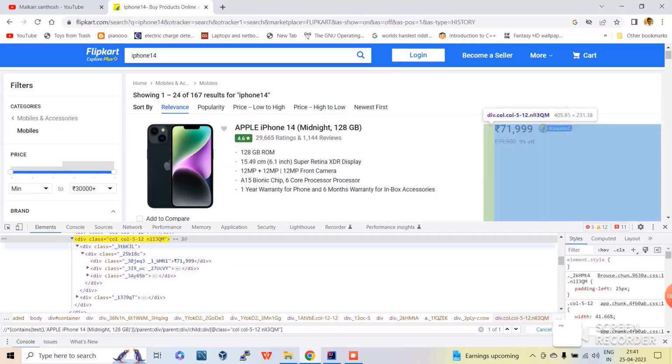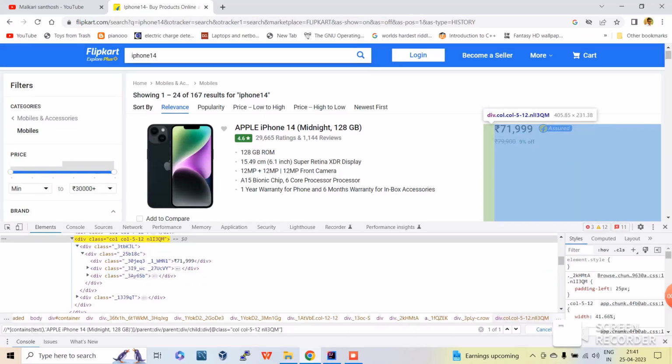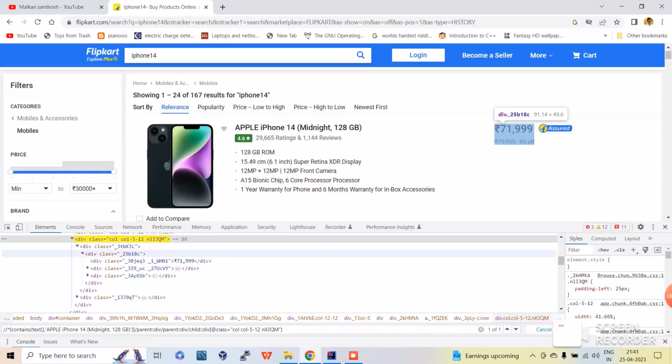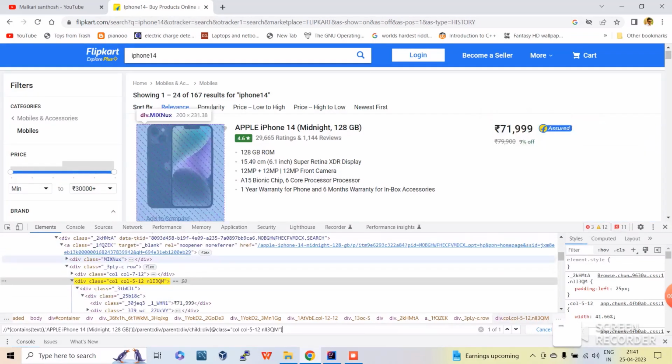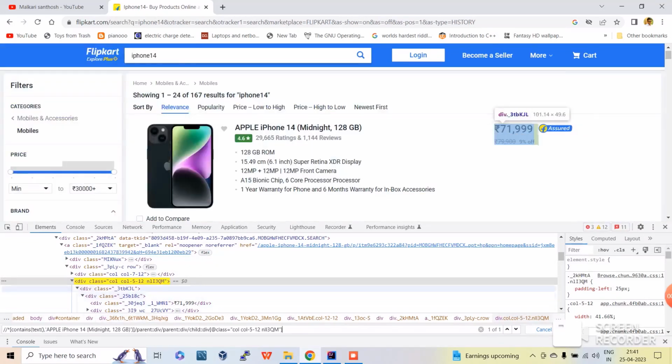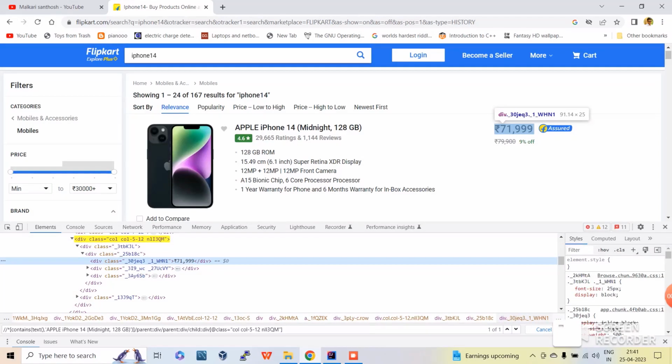To do that, if you see, all these elements are under the div tag which we have selected. So these are all the child and descendants of the parent div tag. So now this entire XPath is considered as a parent for these divs. So if I want these elements directly, I can use the descendant tag and use the unique class name here to retrieve the value. So to do that, just copy the class name